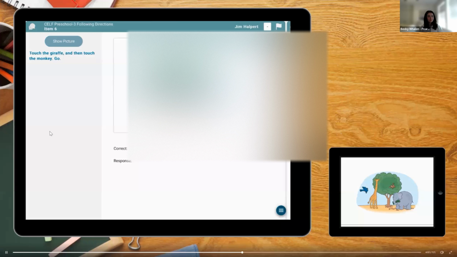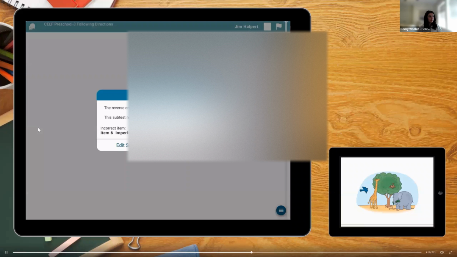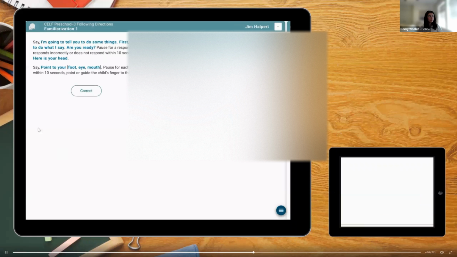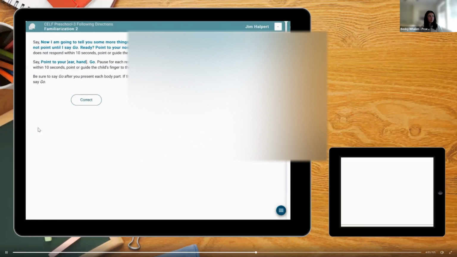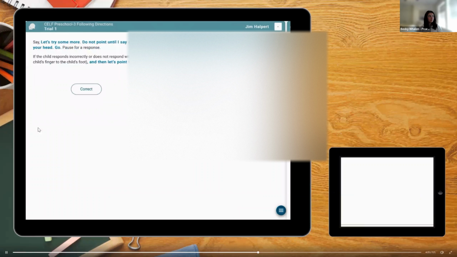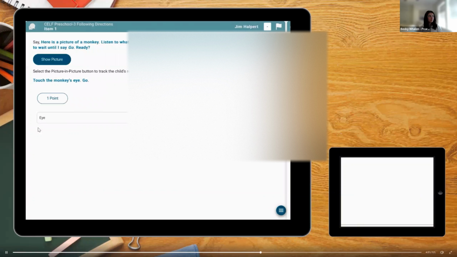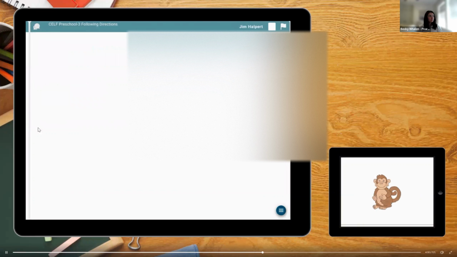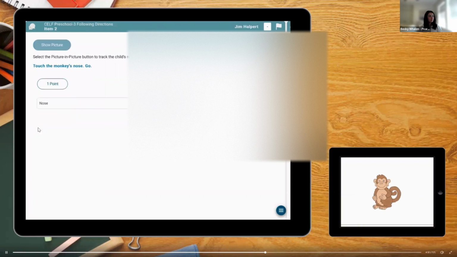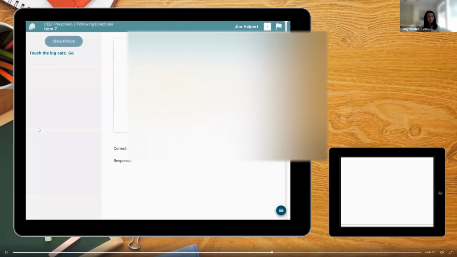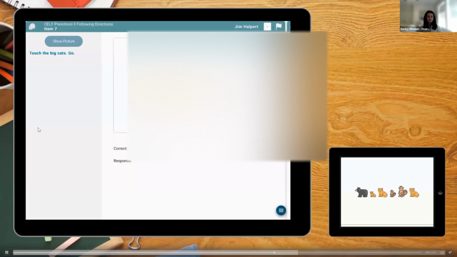So I'm purposely going to get item 6 wrong, because it automatically uses the reversal rule for you. Here's the familiarization prompts. And here's the trial for younger students. And now it's going back to item 1 to establish that basal because he didn't meet the basal criteria for his age. And then I'll jump ahead to item 7. I'm purposely going to get